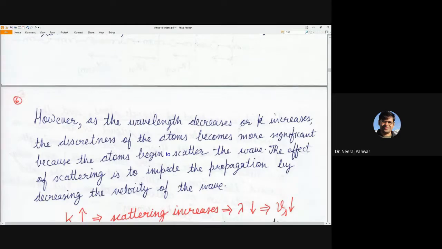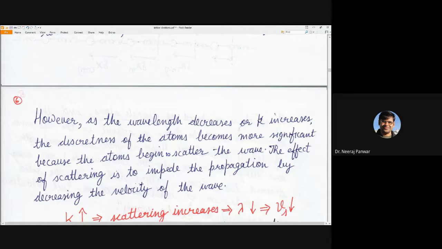So similarly, when the wavelength decreases, meaning k increases, and when k of the lattice wave is of the order of half of the first Brillouin zone length, such a wave will be reflected back